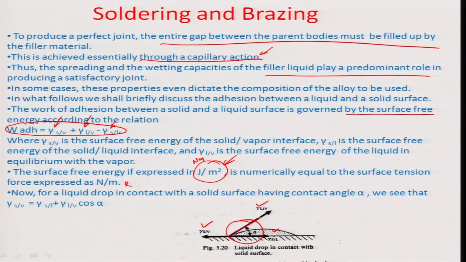This is basically the liquid to vapor surface energy, and this is the liquid to solid surface energy. As the name implies, this is the liquid and this is the solid. So, it is an interfacial surface energy between the liquid and the solid, and similarly this is between liquid and vapor. So, you have gamma SV being equated to gamma SL plus gamma LV cos of alpha, and in fact